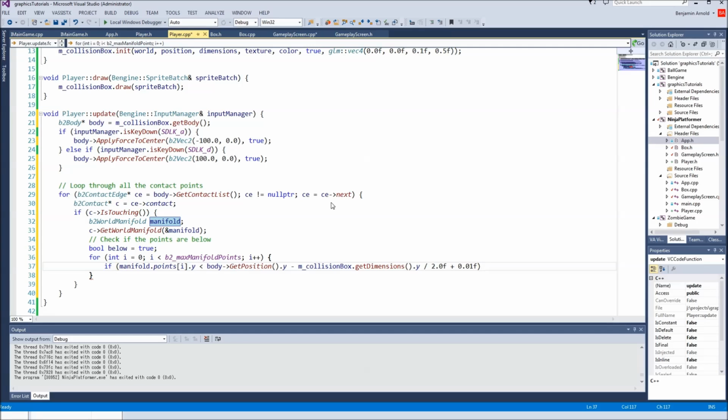So if it is there, then what we can do is we can say below equals true. Now below is already equal to true, so let's actually set below equal to false, and then say below equals true here. And now after this for loop, after we've checked all of this, we can say if below, then what we can do is we can say